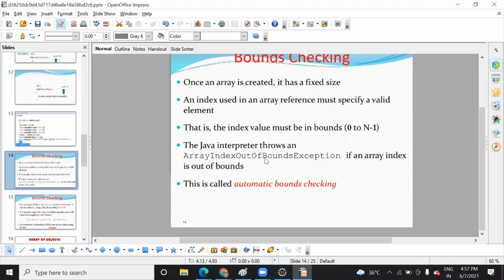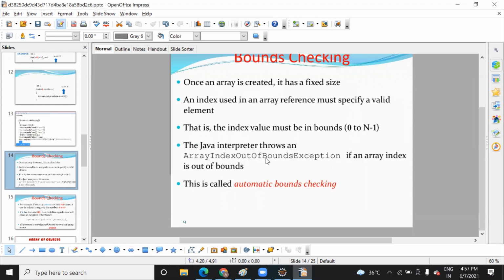It is something like an overflow condition. Means you have a bucket and you are filling water in it, even after it's completely filled. Will the water come inside once it gets filled? No, right? So it will give you the error that now I am filled, I can't handle more data. That is similar to this array index out of bound